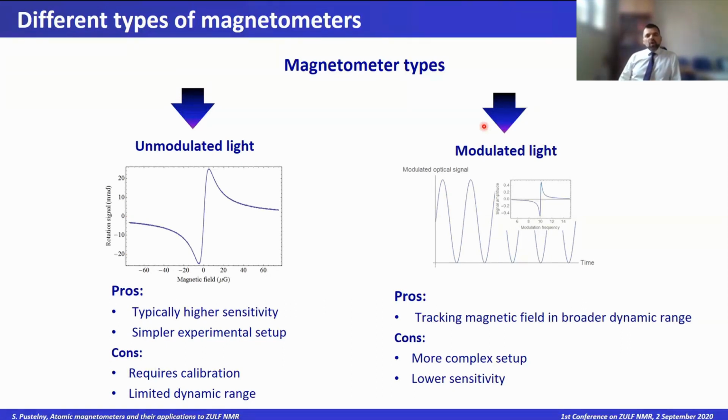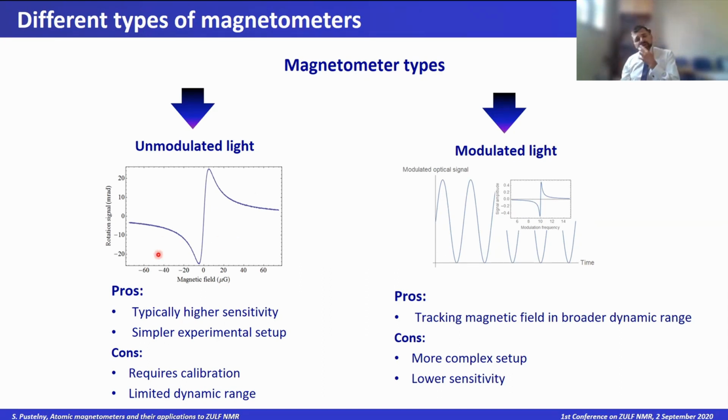These two particular drawbacks I would like to mention here is that this curve, which is a dispersive curve that we are seeing on our plot, needs to be calibrated, because what we are doing is, for example, measuring this optical signal. It could be, for example, a linear polarization rotation while traversing the medium, and we need to calibrate this polarization rotation so we know what magnetic field it corresponds to.